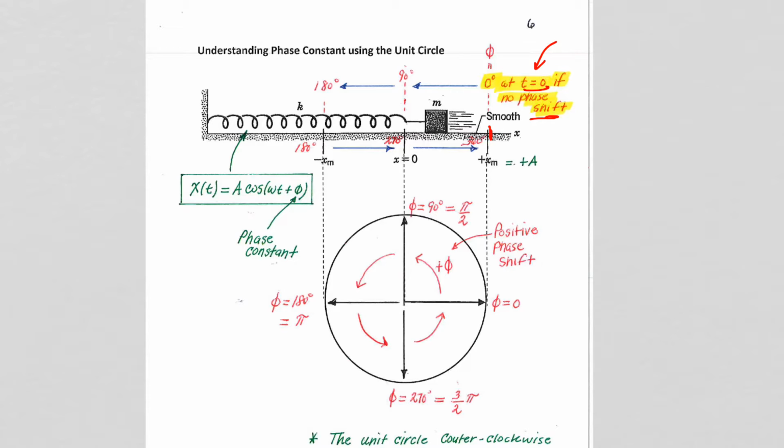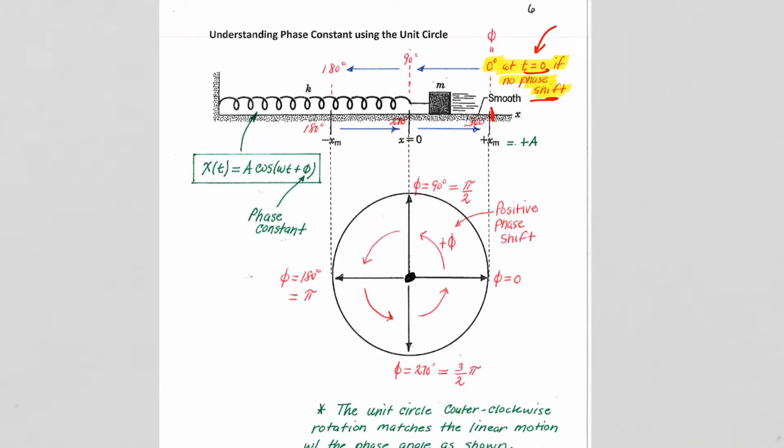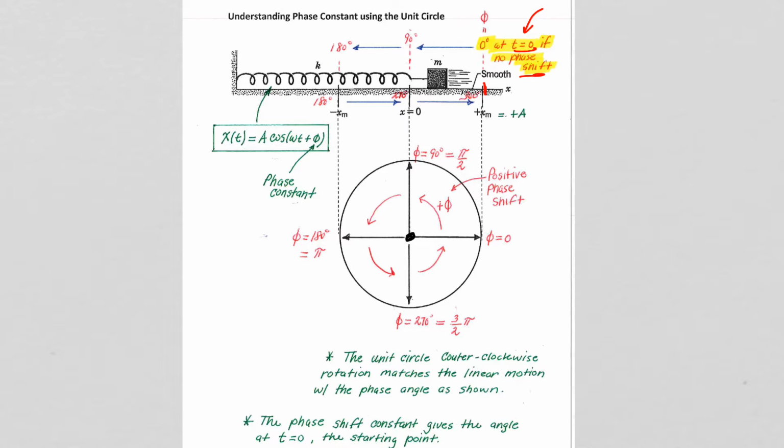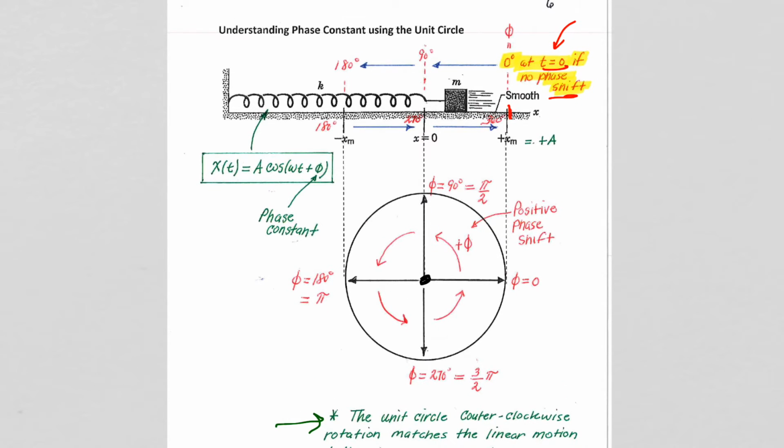Well, one device you can use to help you get the rotation and the phase shift correct in terms of the starting point is to think of a unit circle rotating counterclockwise, and the rotation will match the phase shift. So if you forget, you can simply put theta equals 0 at the 0 degree mark, the normal 0 degree mark. When we rotate to 90 degrees, that is going to be a positive phase shift